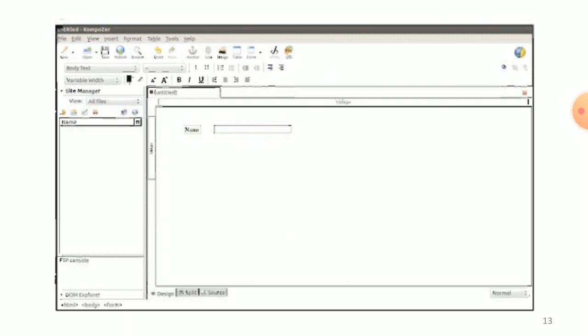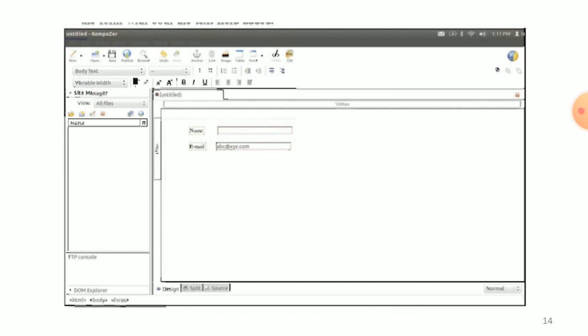From the drop down menu, select text and under the field settings heading, enter a name in the field name text box. In our case, we have used name as the field name and you can enter some text in the initial value field if you want to show some text before the user actually enters data. Here we have left this field empty. Click on the OK button. That is how a text input field is added.